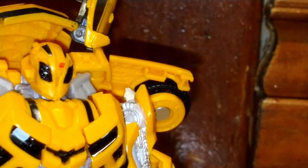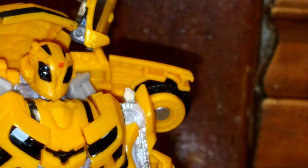And as far as I'm aware, the thing I wish this figure had was alternate faces. I wish this could replace the battle mask with a normal head, which I believe he can do with another Bumblebee. I don't know, but I wish this figure came with that. And I believe there was a Bumblebee figure called the leader class, and he could put on his battle mask. I've seen Bumblebee figures that put on their battle mask, and I wish this figure had that,